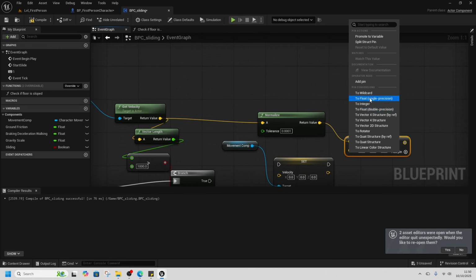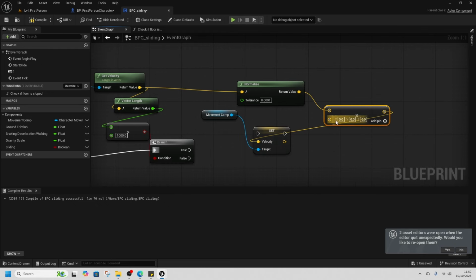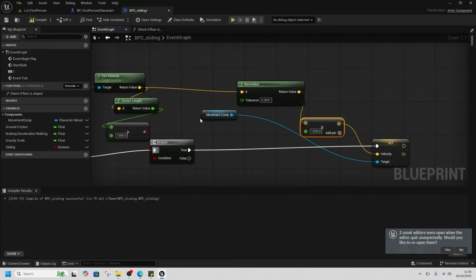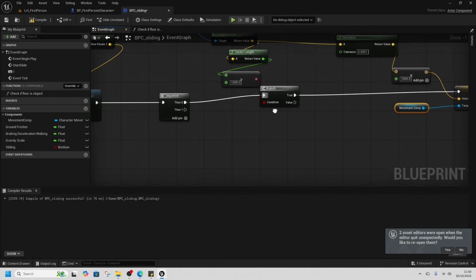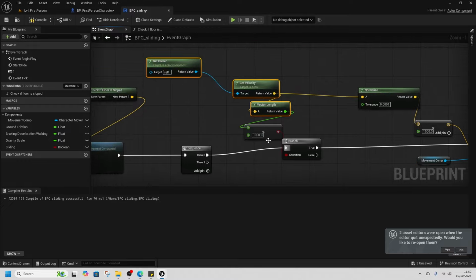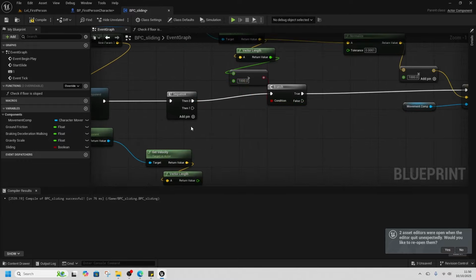Right click to make it a float, put that into velocity, right click it again to make sure it's still a float, and then we'll make that 1,200. And that 1,000, not 1,200. So we'll make that multiplied by 1,000, and that means that that max speed will always be just at 1,000. Then we need to check if the get owner, get velocity, and vector length, so on then 1,